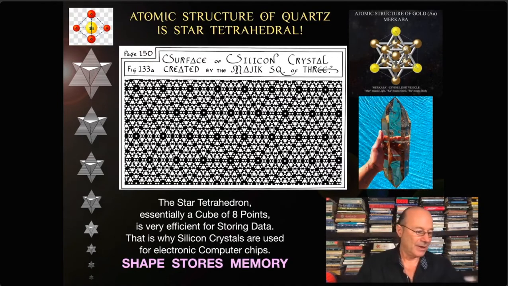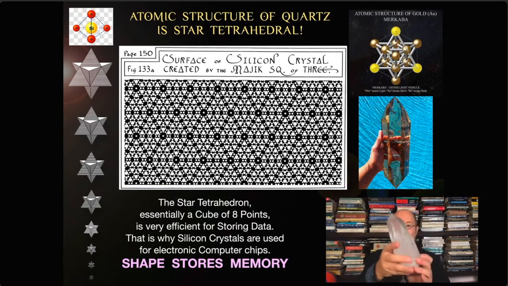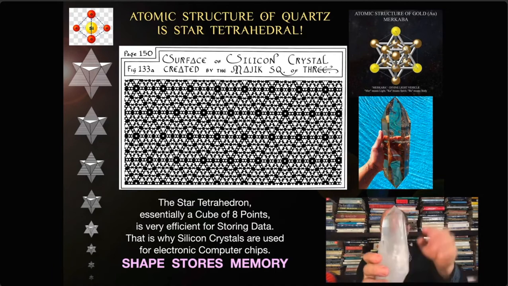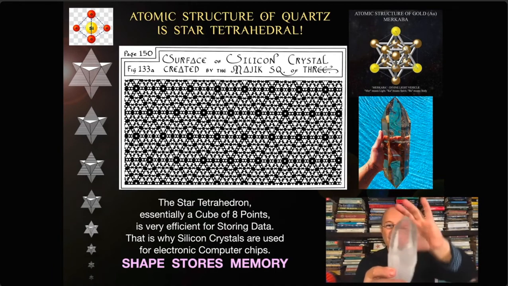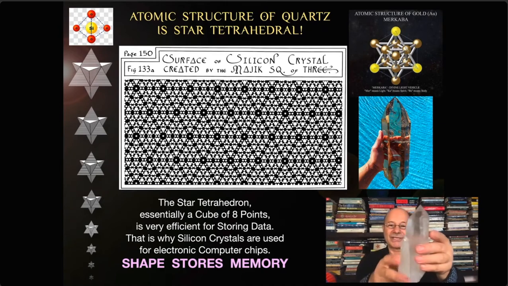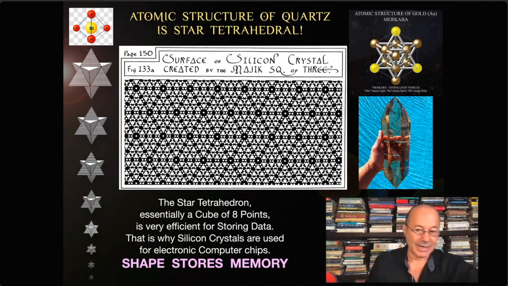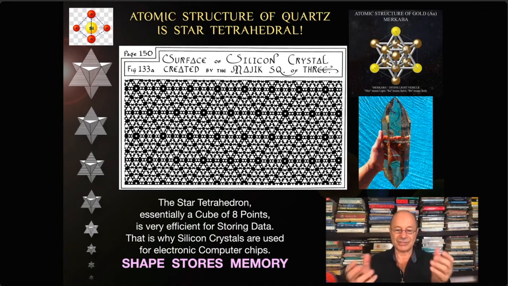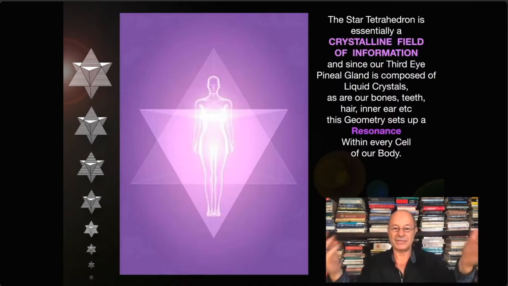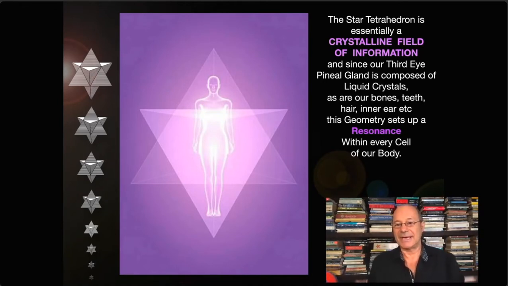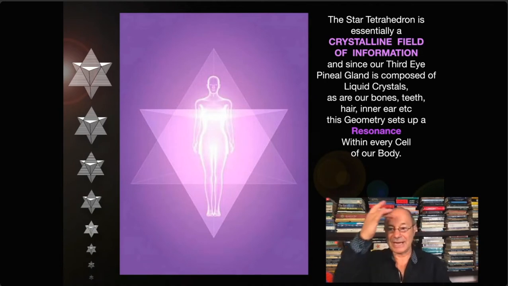So that's why when we look at crystals, we know that a large crystal like this is hexagonal. If you count these points, 1, 2, 3, 4, 5, 6, it's that hex shape of a crystal that stores all the infinite data on our computers. So there's a connection between how we have to make peace with this technology, because technology is revealing the higher dimensional worlds. So the star tetrahedron is essentially a crystalline field of information,